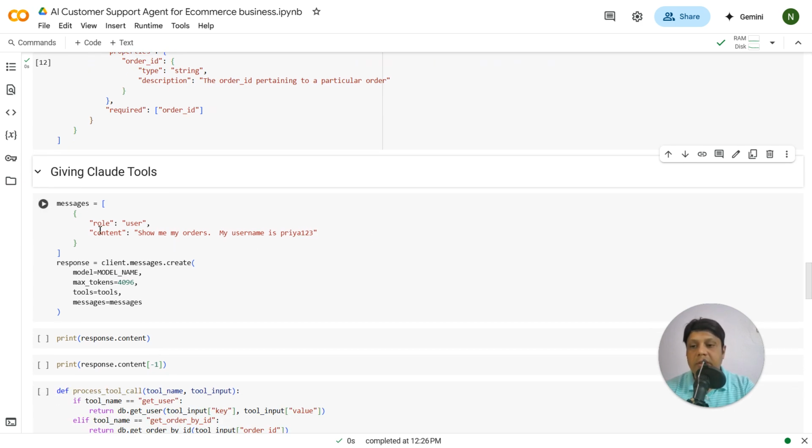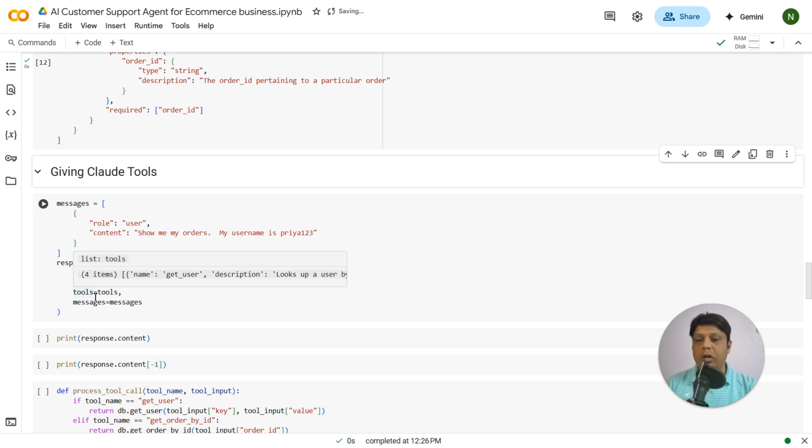So now if you see, this is the user, the role is user, and the message that the user has passed is show me my orders. My username is Priya123. Then we are passing the model, we are defining the max tokens. Tools we have already decided, all 4 tools, and this is the message. Now